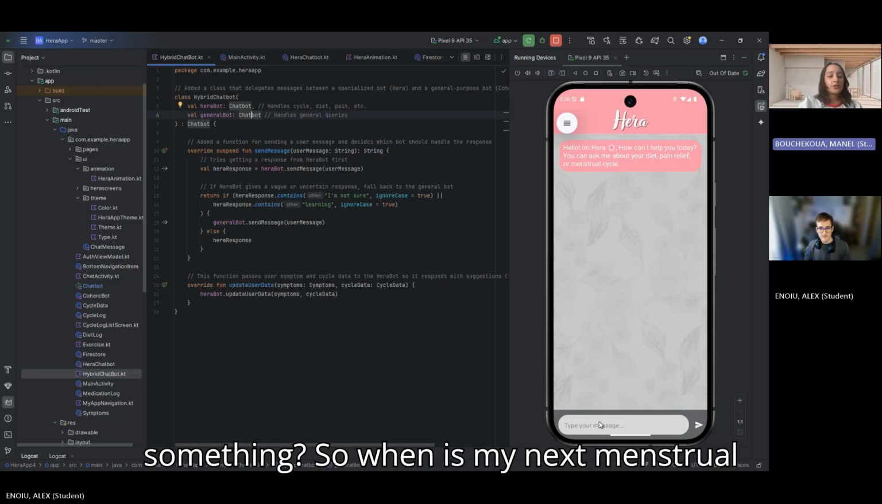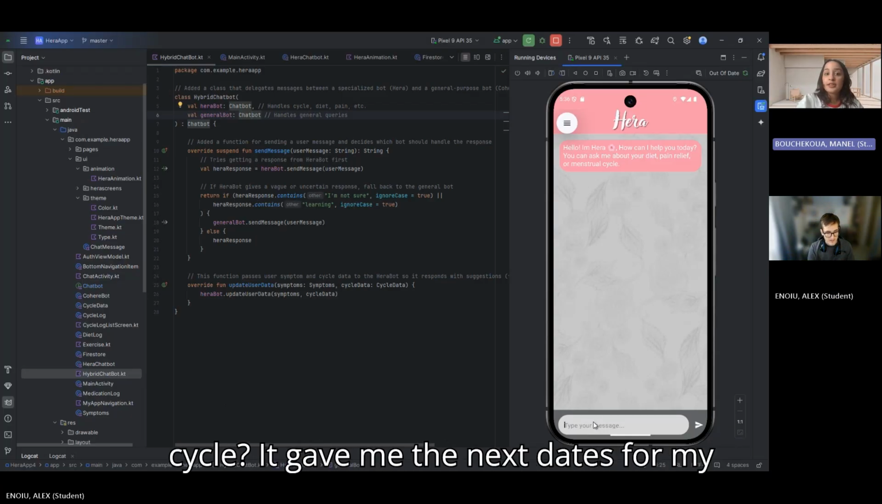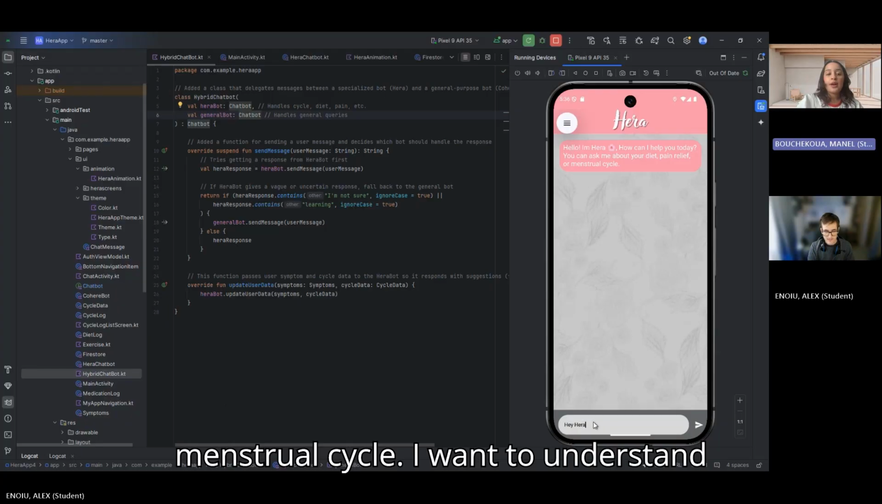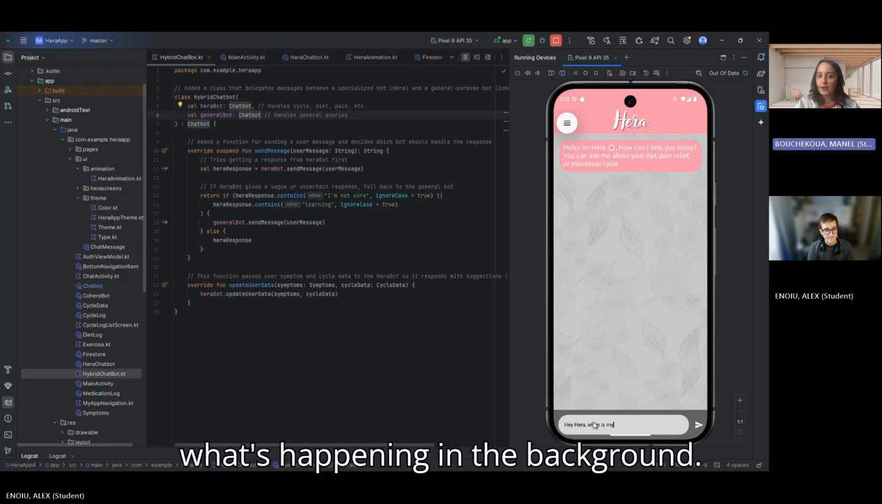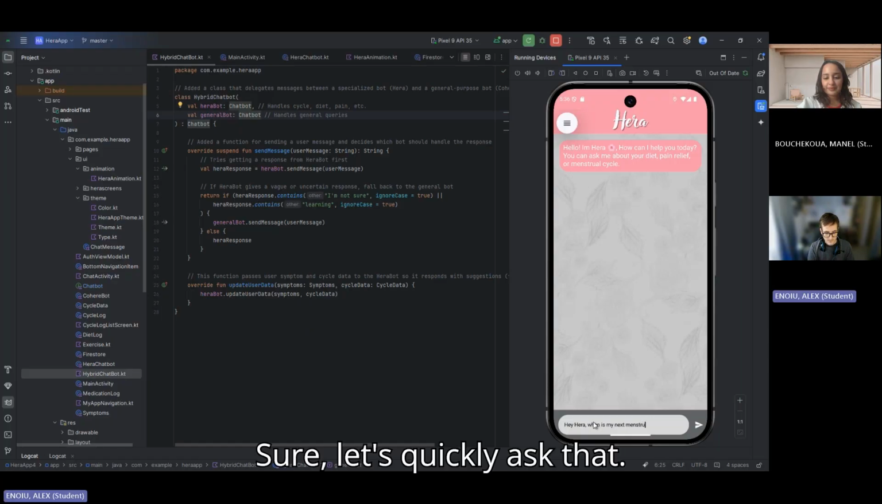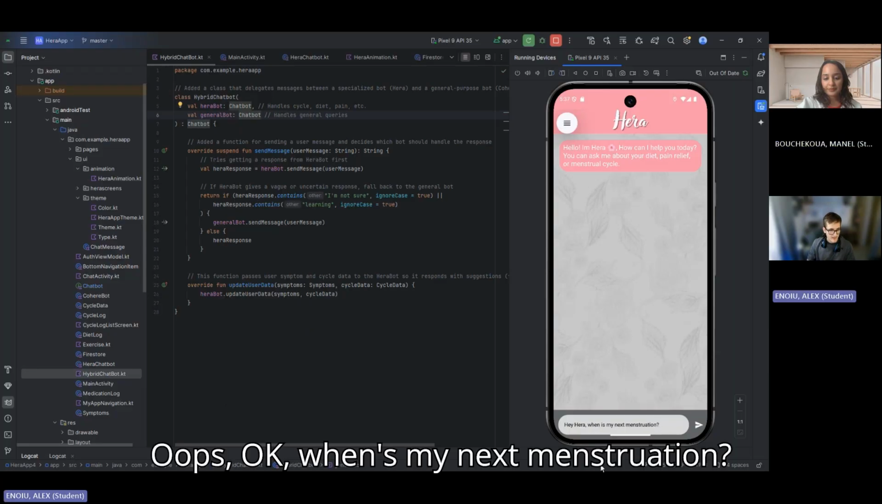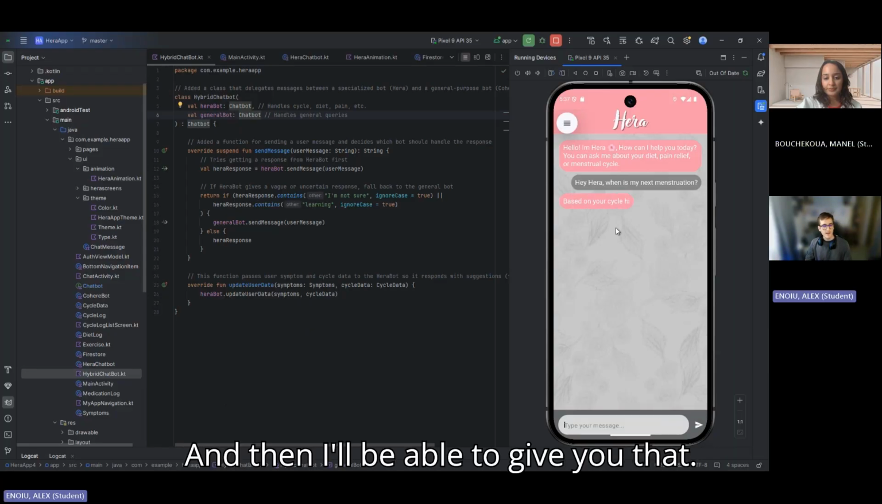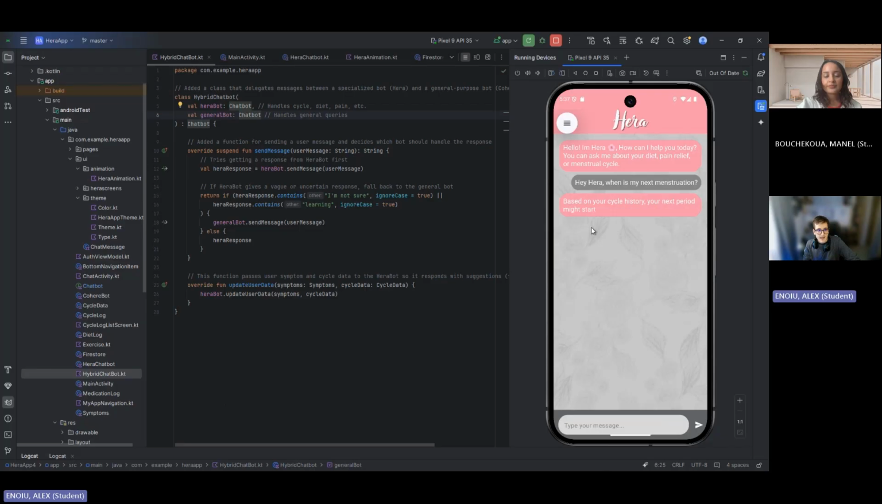So should we start with asking something? When is my next menstrual cycle? It gave me the next dates for my menstrual cycle. I want to understand what's happening in the background. Sure, let's quickly ask that. Okay, when's my next menstruation? And then it'll be able to give you that. How does it do it? Well, that's